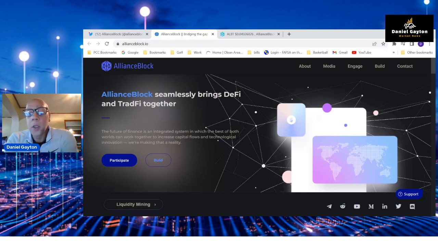So I think it's important when you look at these ISOs and how they interconnect that we take stake in as many of them as we can, Alliance Block being another one, because I think when they go and they run in a bull market, they're all going to run together because they're actually building a network that's intertwined with each other. So that's why Alliance Block is so appealing to me. I do have a plan to buy into Alliance Block, and I will be adding Alliance Block to my portfolio.